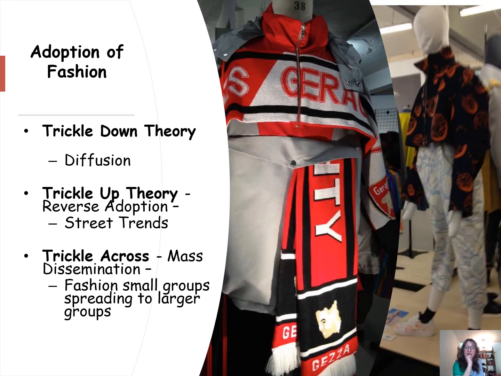in the study of fashion is also very much to understand how fashion is adopted and recognising different theories relating to that. We've looked at this idea of emulation, of this trickle-down idea that those of the elites within society make the fashion headlines, and they make those sort of fashion trends, and that it is trickled down. But there's very much within sort of street fashion, street trends, subcultural theory, this idea of trickle up, that actually there's a reverse adoption, and we do see that within many areas. But there's also this idea of trickle across,